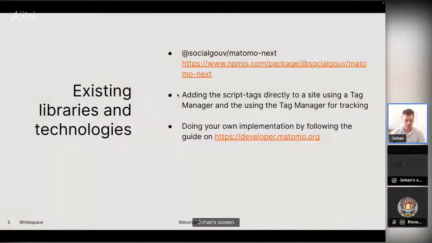And when looking into this, we can see we have 3 different approaches. You can use a plugin for Next.js. There is one right now that is called Matomo Next from SocialGov. I think that is like the French government initiative somehow. You can also add script tags using Matomo's tag manager and try to implement the logic